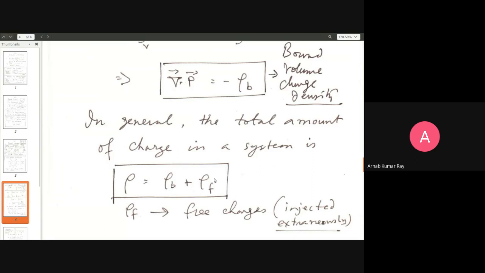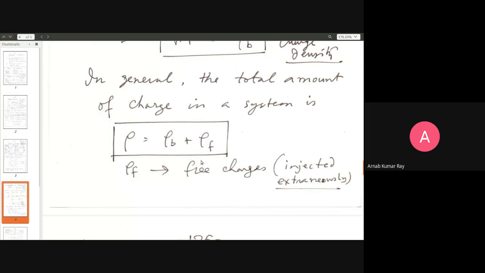In the case of an insulator, the current will be so weak that you will tend not to feel anything at all. So in general, a material will have a combination of both free charges as well as bound charges. An overwhelming domination of free charges will make the material a conductor. An overwhelming domination of bound charges will make the material an insulator. But in reality, both kinds of charges will exist. So the total number of charges will be the simple sum of the free charges and the bound charges.